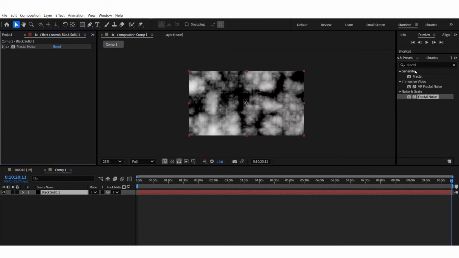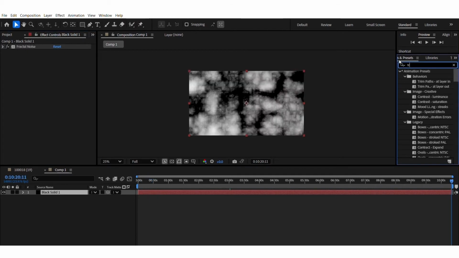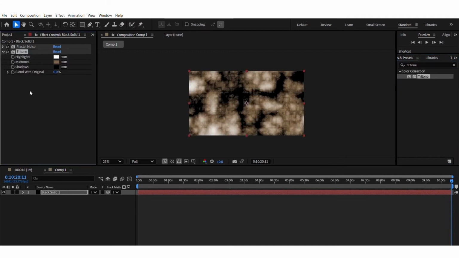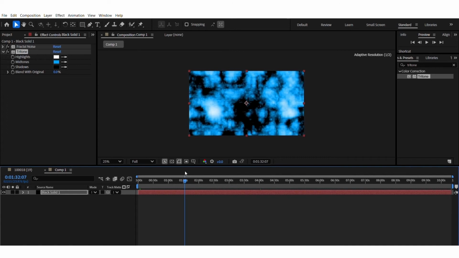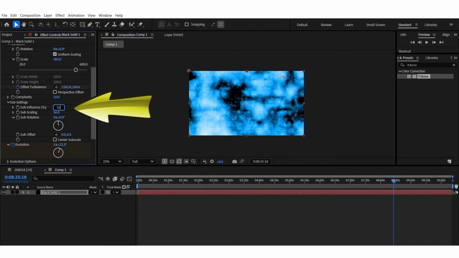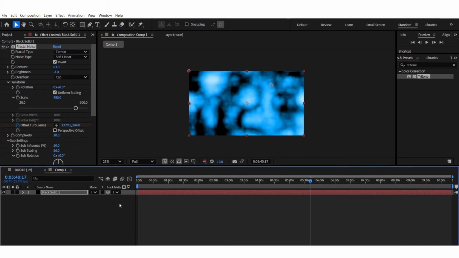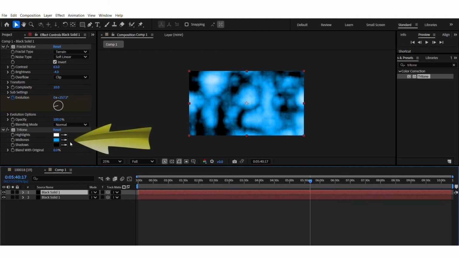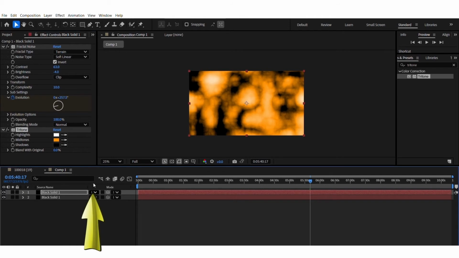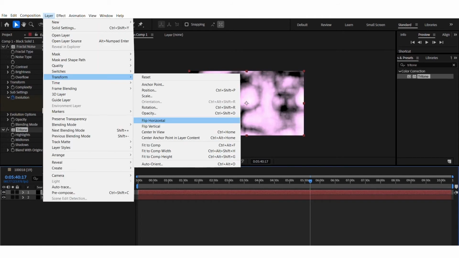I go to the effects and presets and I type tritone and drag it to the layer, and I make them, let's say, blue. I feel like these clouds are too dense, so setting maybe 50 and 50. Let's add the orange color. Copy this layer, change the color to orange or any color that you like. Set the layer to screen, and then go to layer, transform,